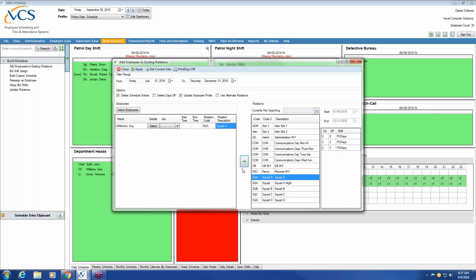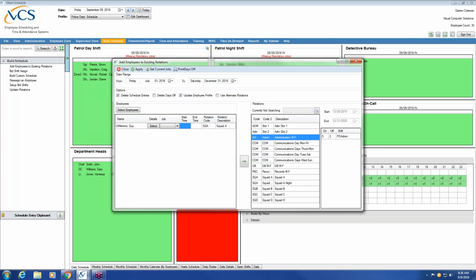And before we do that, Diane, just wanted to point out the start and end time columns. In the event that you're assigning someone to a schedule, but they're working slightly different hours from everyone else, now might be a good opportunity to enter those times. And you might see this more in administrative schedules where you have a bunch of people who are working Monday through Friday, and they might share the same exact schedule rotation,